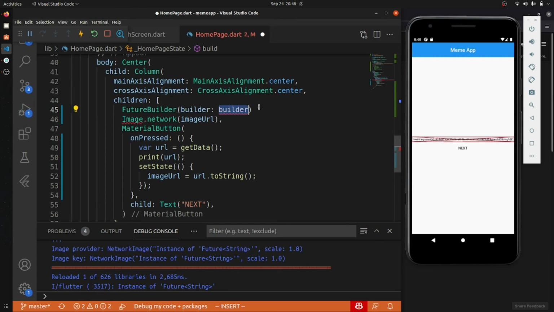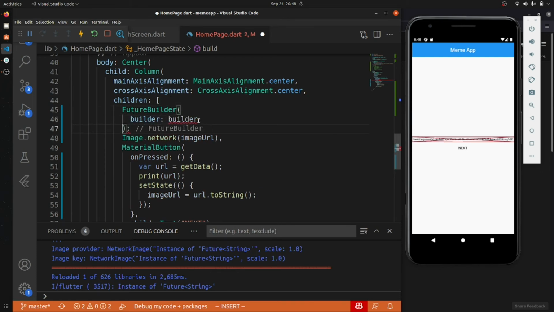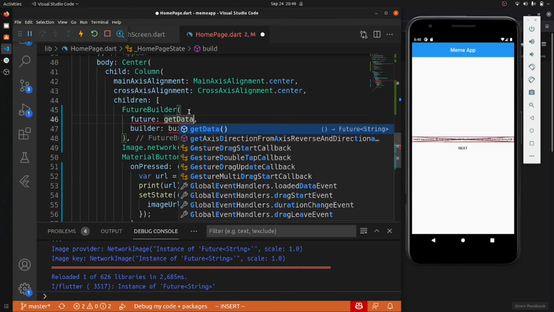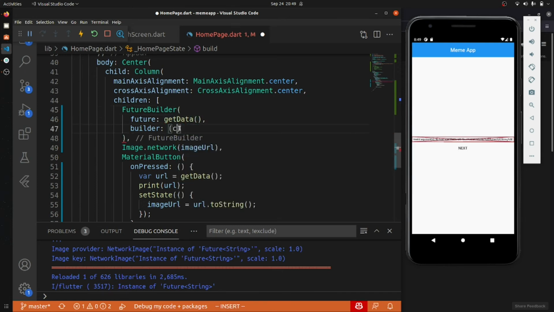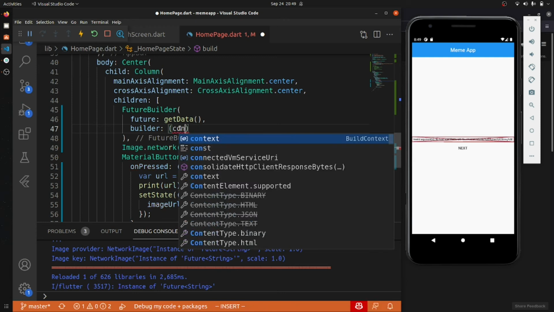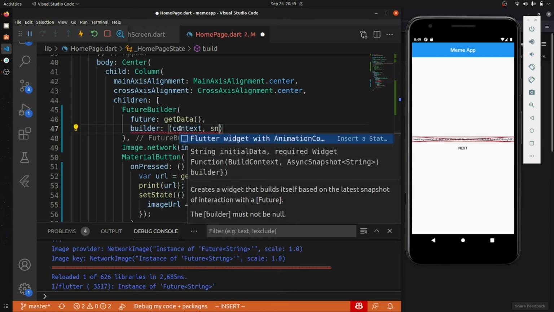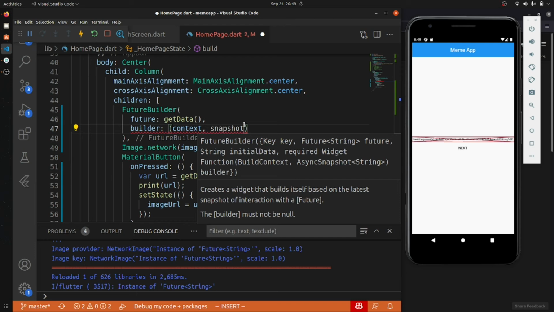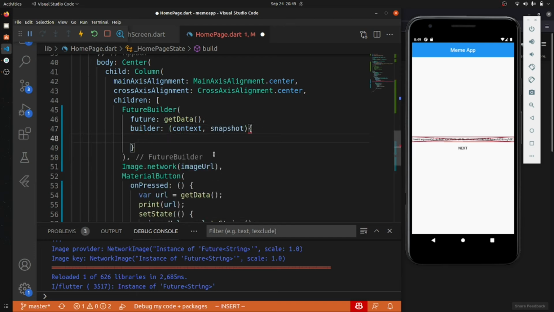You can see that we have this future builder, and firstly we have to call a future, so it will go with get data, because this is the thing that will fetch that data. And here it will take two things: context and a snapshot.